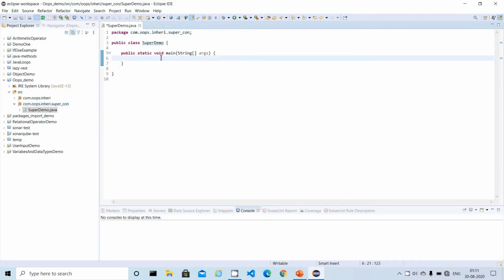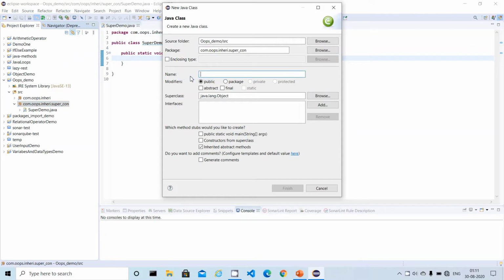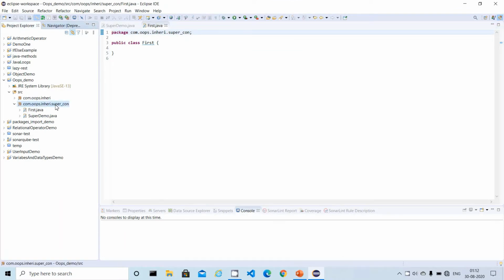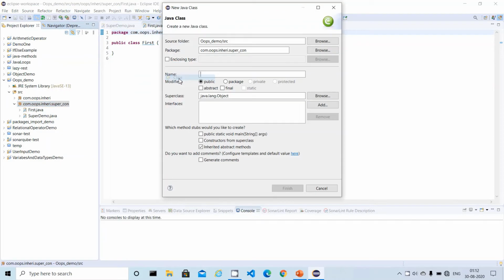To understand the constructor invocation, we need a minimum of two classes, which is parent and child, or superclass and subclass. So let me write a simple class called First, which we can consider as the parent class, and let me create another class, the child class, called Second.